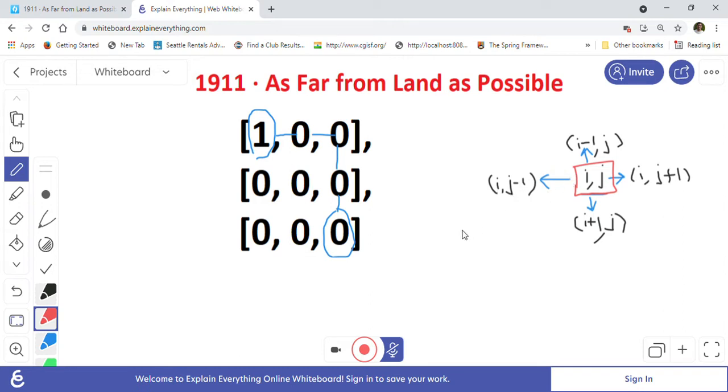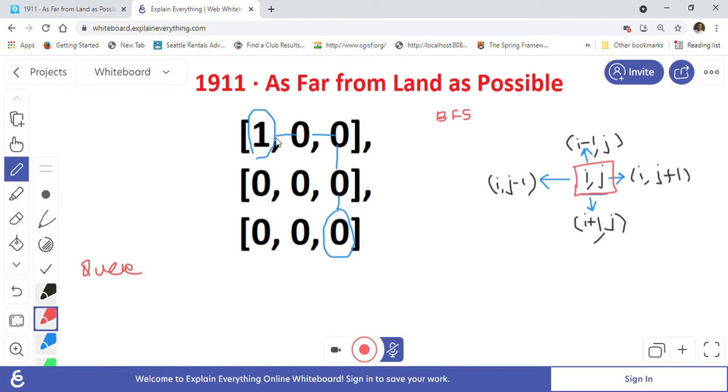So what we are going to do to solve this problem is use BFS, which is called breadth first traversal or breadth first search, right? BFS means it will need a queue. We will use a queue, and in the queue we will put the coordinates of the cells as we are visiting them. We will start visiting from this one.